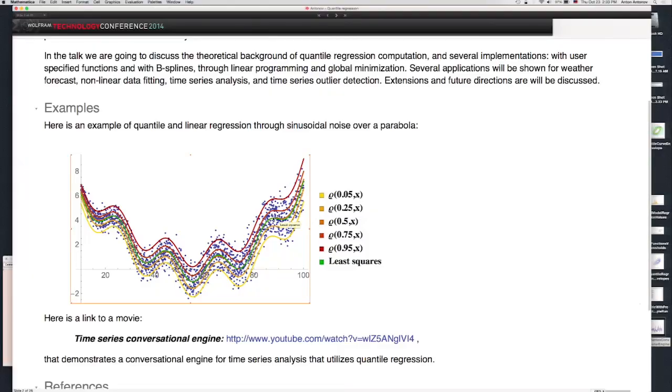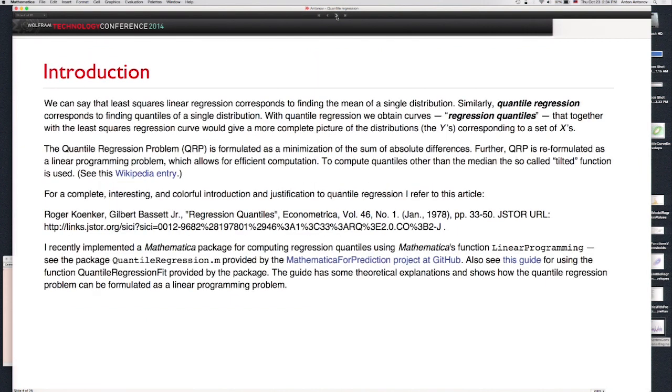curves. So you can see here that, say, this green curve is the least squares fit, and the other curves come from quantile regression. I'm going to give a more rigorous explanation of what quantile regression is, but basically, if we have a cloud of points, I do want to make a curve which will guarantee, let's say, 95%, looking at this top curve, 95% of the points are below it, and so forth. So I'm going to illustrate this with